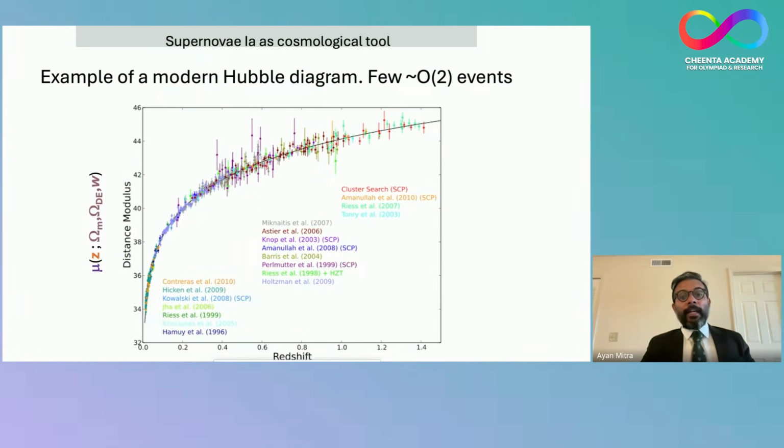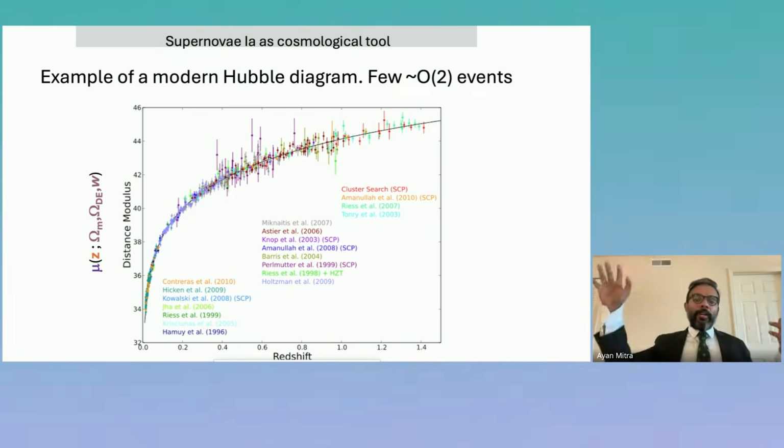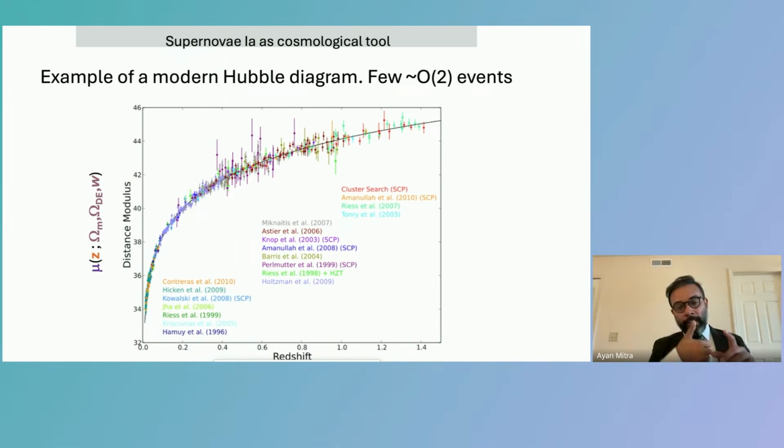Now, remember I mentioned the Hubble diagram. The Hubble diagram is still very much a hot topic in modern times. So basically, you take your different supernova events and plot them on your x-axis by redshift. Redshift gives you an idea of the distances and the velocity. There's more theory to it, I'm not going into it. And the y-axis is mu, which is your distance modulus. So your velocity and distance is still scaled using the Hubble diagram.